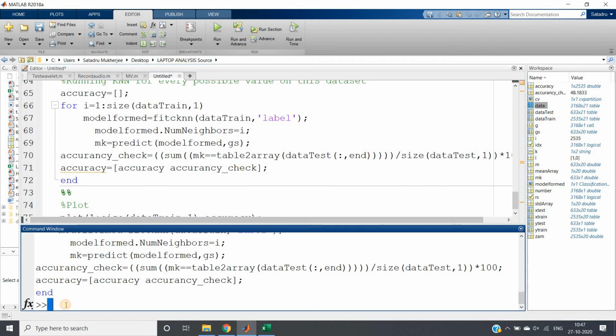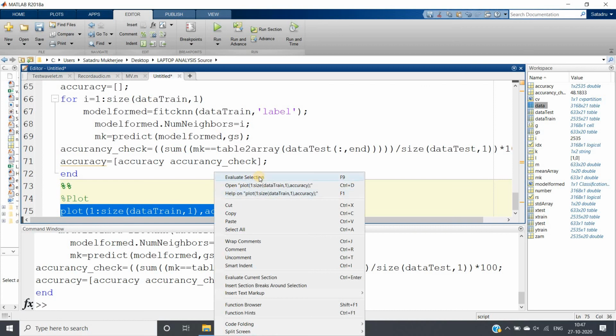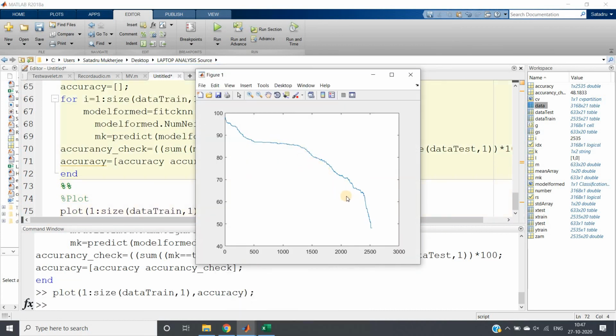Yes, it's done finally, and now we can plot this. Run this particular line and see, this is the beautiful curve we are getting, and this clearly shows us that if we keep on increasing the k value, the accuracy keeps on decreasing. Now let's try to find out for which value of k we are getting maximum accuracy.